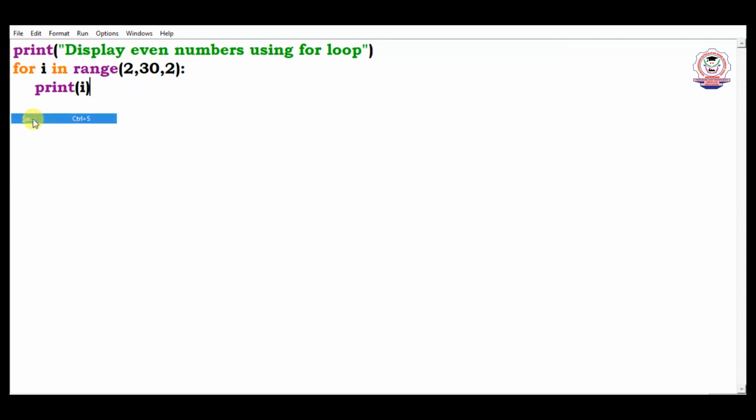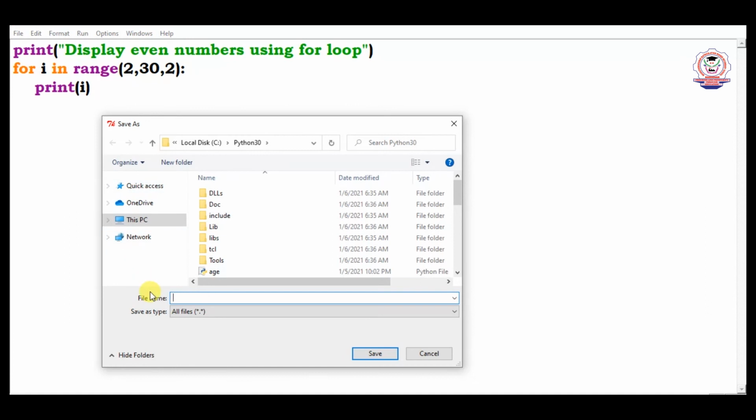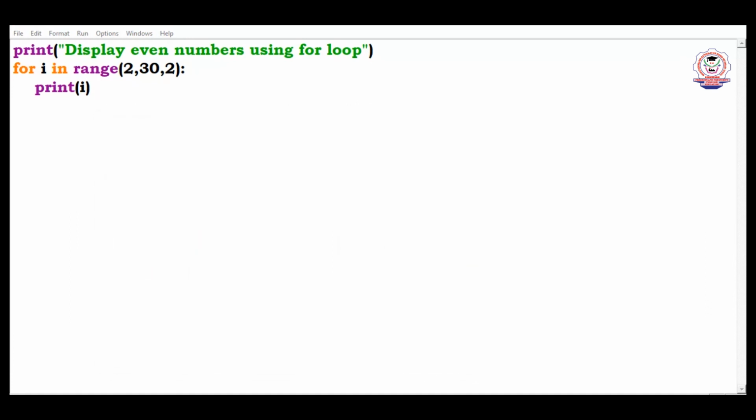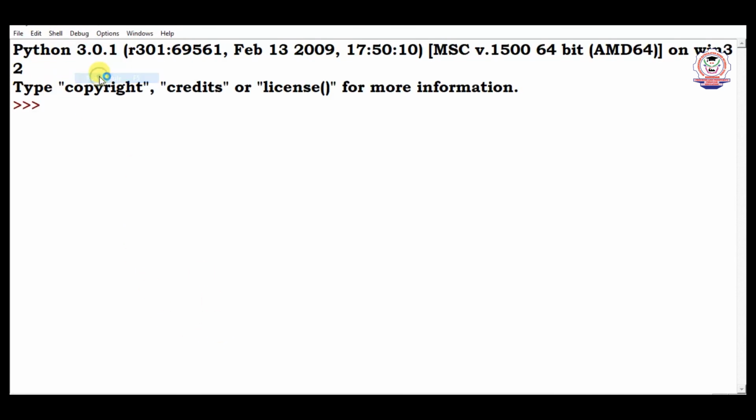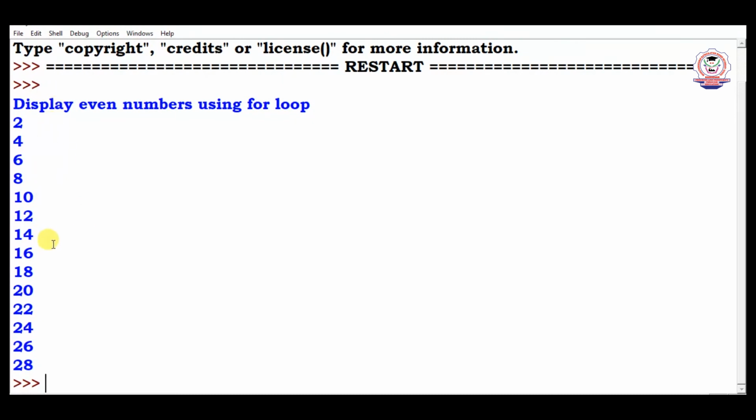You can save this as for loop for.py, and then to run that program, click Run Module. Here it produces the result up to 28. Why does it not give the result as 30? Because it is a stop value.